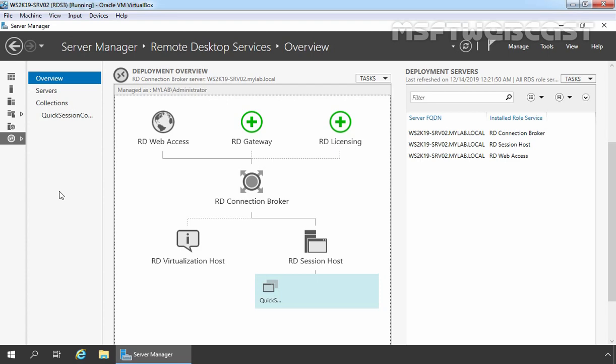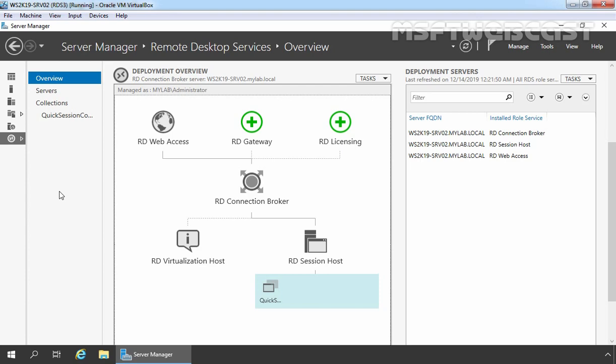In this video, we will learn the steps to configure single sign-on authentication for RD Web Access Server running on Windows Server 2019. This video is the 9th part in this video series on how to configure remote desktop services using Quick Start deployment. In the last video, we have configured SSO settings for remote desktop services. But those settings are not enough to set up SSO on RD Web Access Server. So in this video, we will complete the remaining configuration to apply fully SSO with RDS 2019.